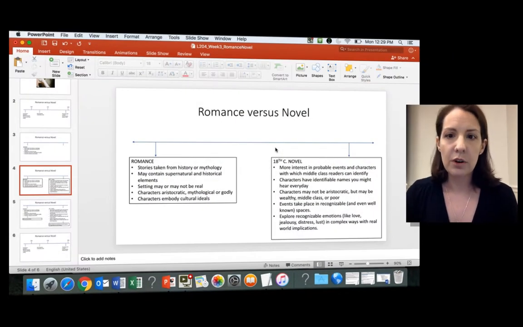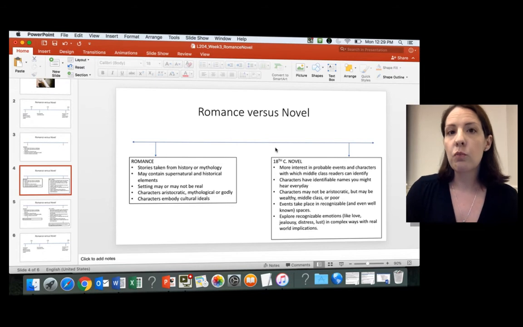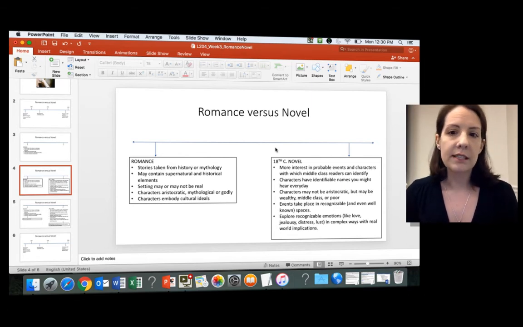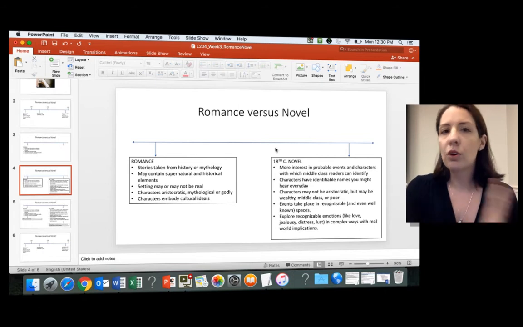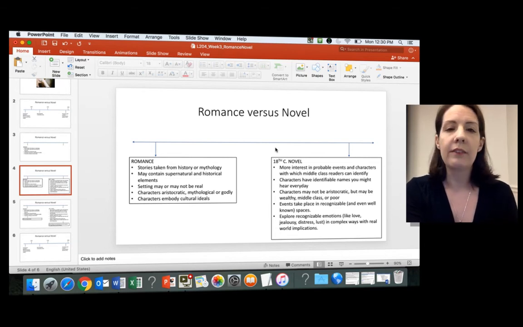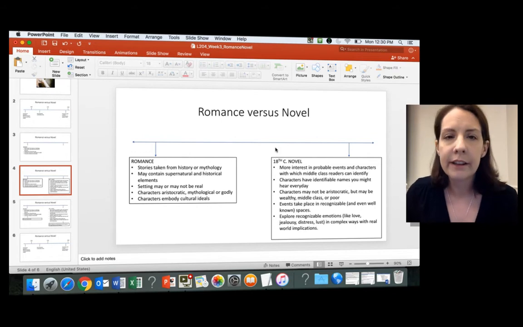18th century novels tend to be more interested in events and characters with which their readers, who are largely middle class, can identify. So one thing that we'll notice in 18th century novels is that characters tend to have identifiable names that you might hear every day. Whereas in a romance from the 11th or 12th century, you might have Eleanor of Aquitaine, or you might have a character named Lady Lovely. By the time you get to 18th century novels, in particular mid-18th century novels, the characters are going to have names that the readers name their own children. So names like Charlotte or Caroline or Mariah,